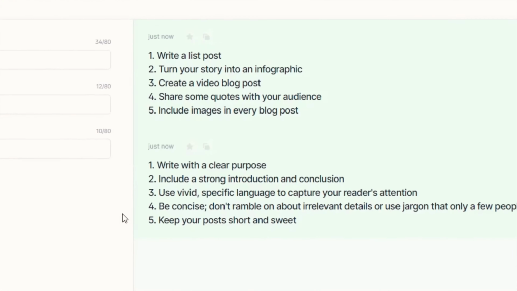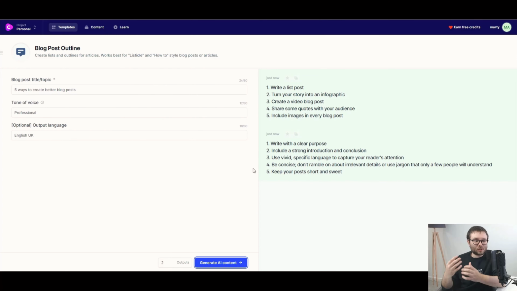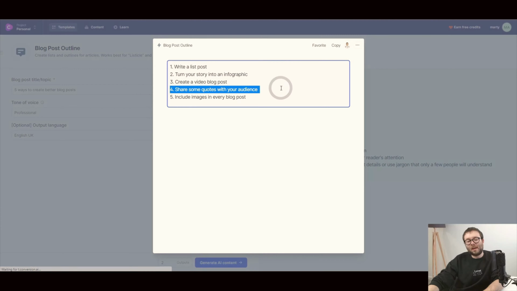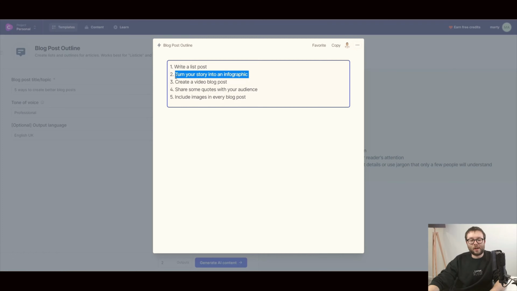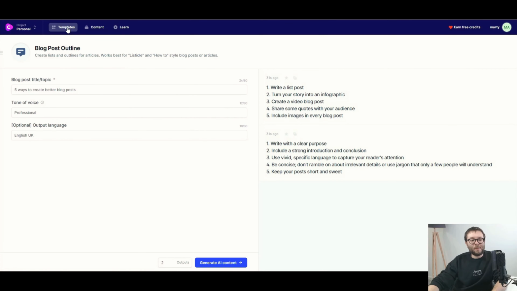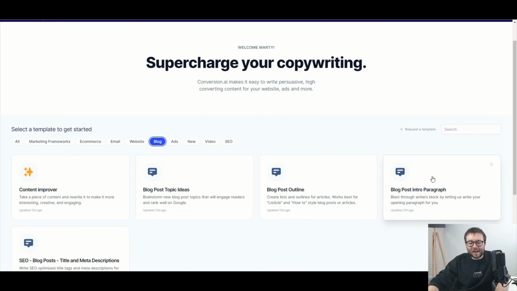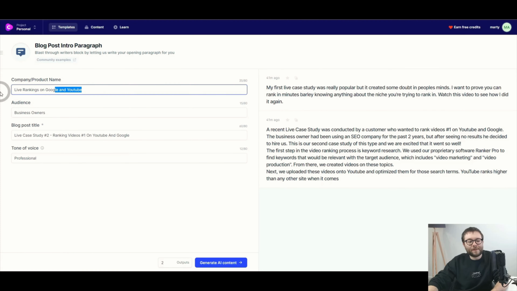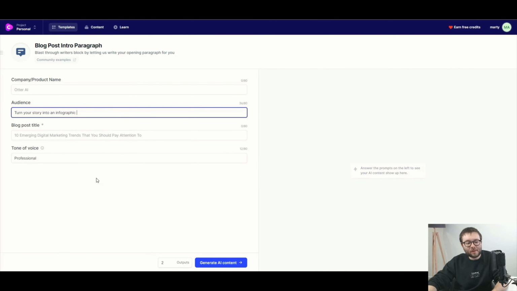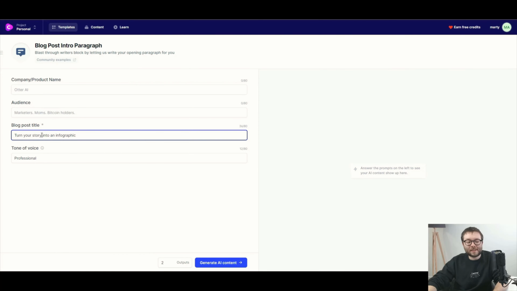Okay, so these are all ideas that you can start using for outlines of your blog, or you can actually take each one of these things and create a massive blog. In fact, you can actually take that one line like so. So let's just do turn your story into an infographic. Okay, you can then go back to templates. Then you can go back here and click on blog post intro paragraph, then paste it in like so, and paste it into the blog post title,